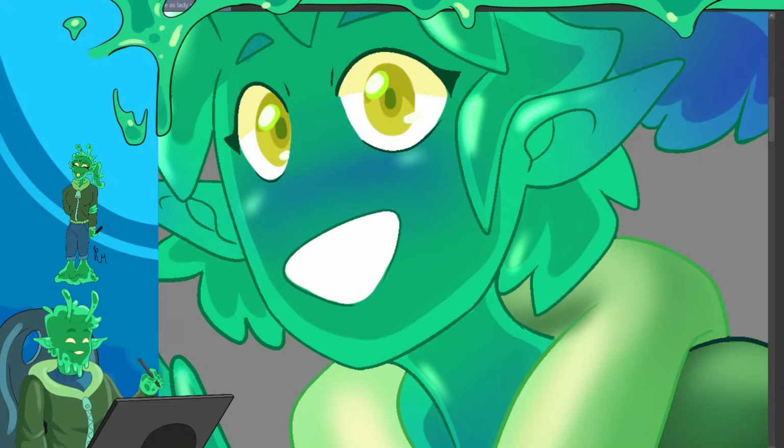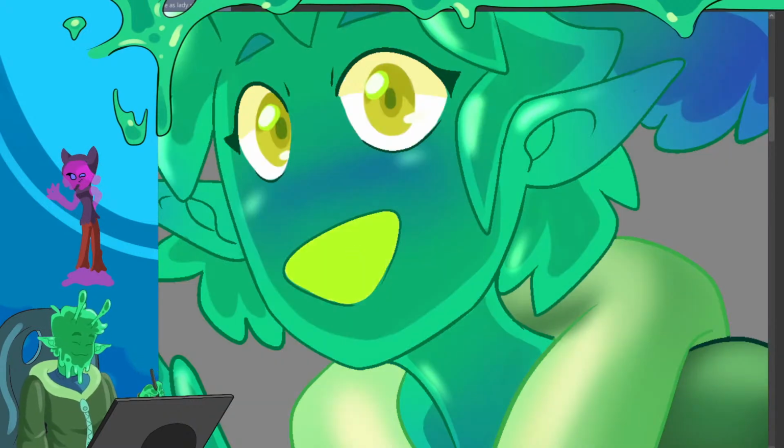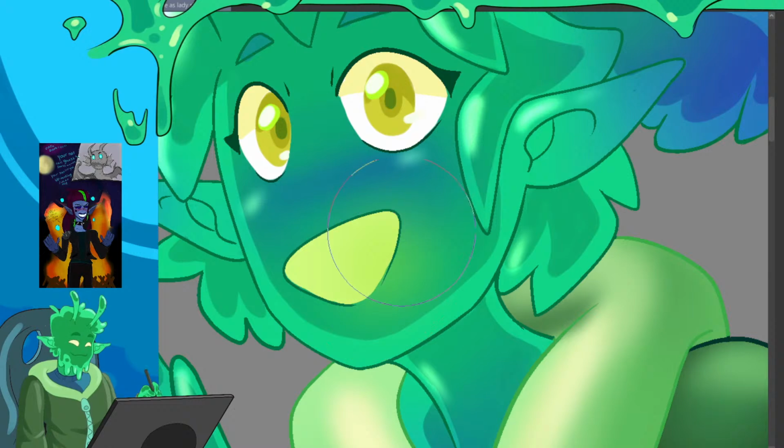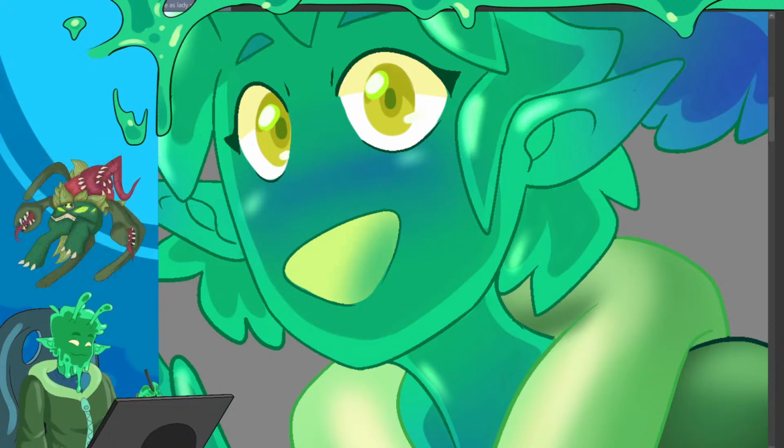But let's keep the mouth yellow. That's not what I wanted. That's not the right color yellow. There we go. We'll keep the mouth yellow and we'll fade it. No, that's not the right look I want. Actually, grab this green color. Yeah, like that.